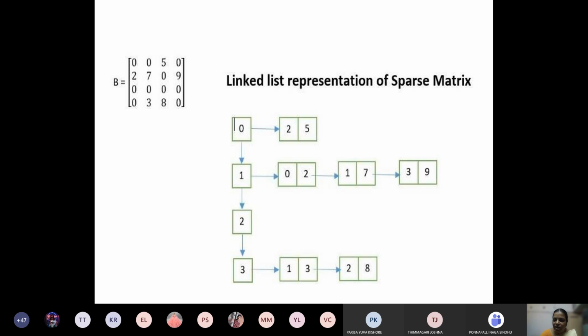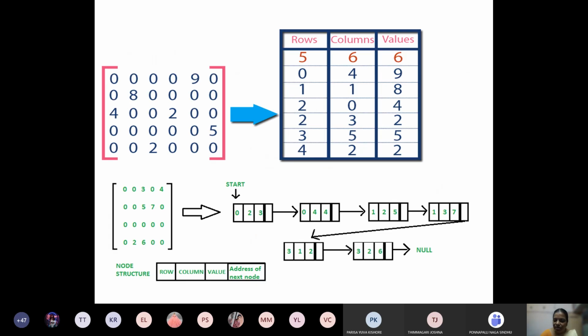So this is also another way to represent a linked list based sparse matrix. The previous one is a very easy way of representing a linked list sparse matrix. This is somewhat difficult, but not that much, and you can implement this also. For better understanding, just learn the previous representation, which is the easiest way. So just write the program for this.